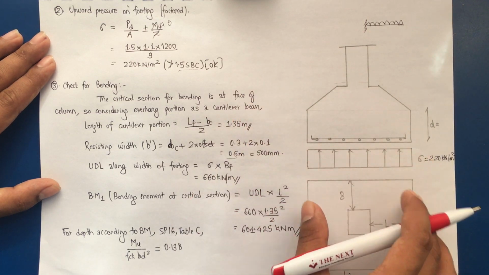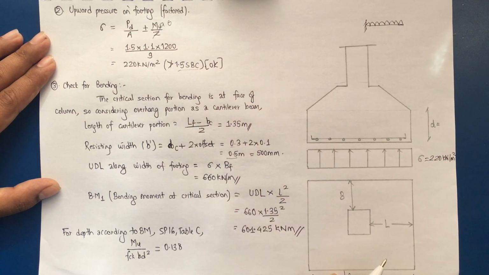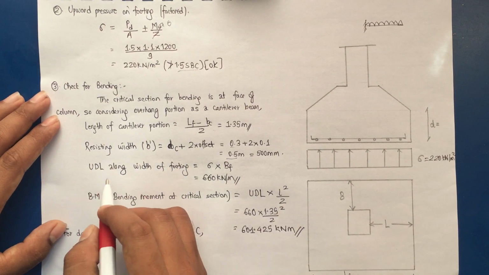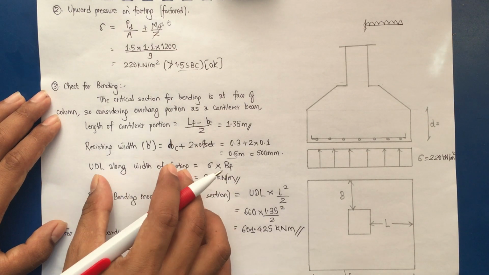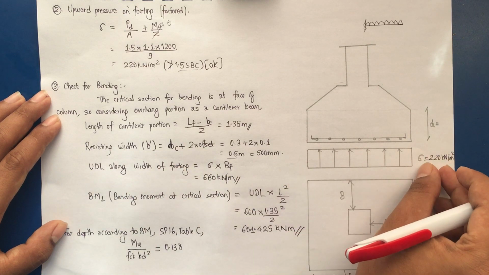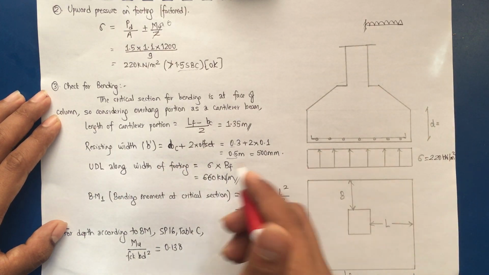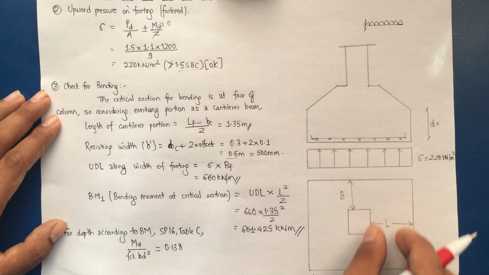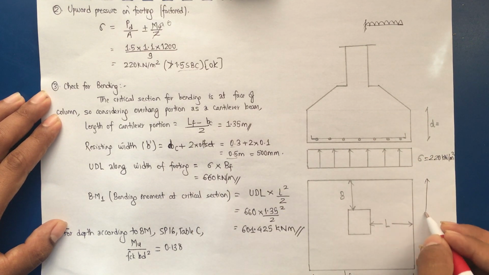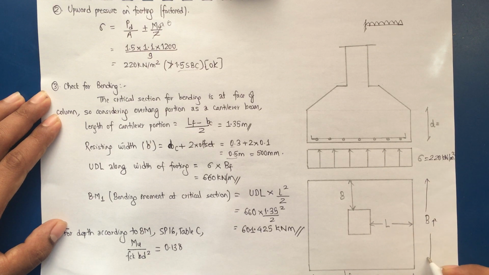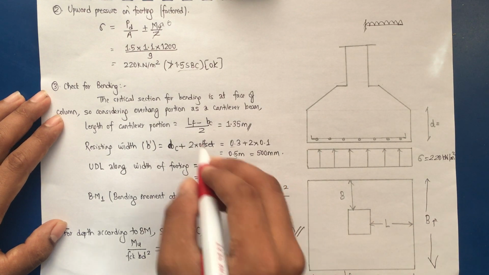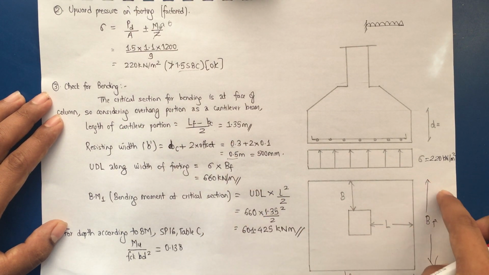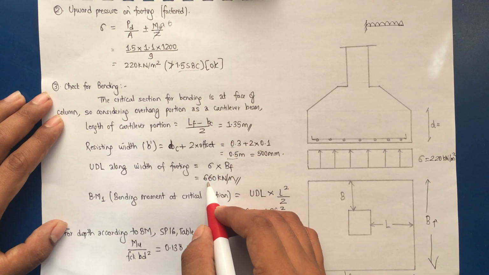But in the general case, for a rectangular footing, it would have been the length or width of the footing. And now the UDL along the width of the footing, as I said, is in per meter square, so we'll convert this into per meter: sigma into BF, so it will be distributed throughout the width of the footing. So sigma, which is 220, into BF, the width of the footing, which is 3, comes to 660 kilonewton per